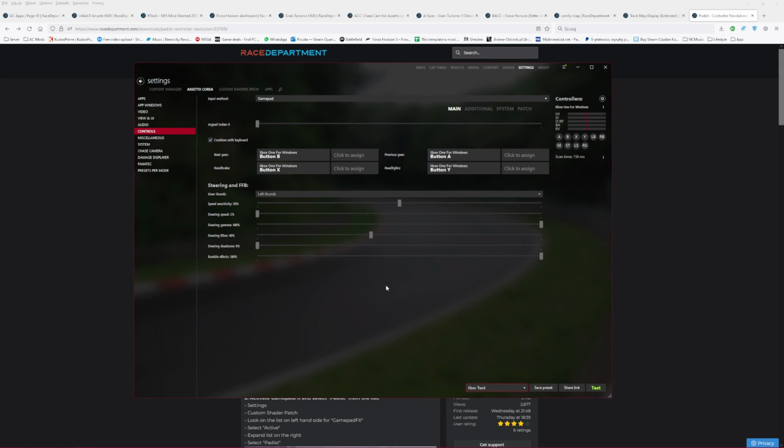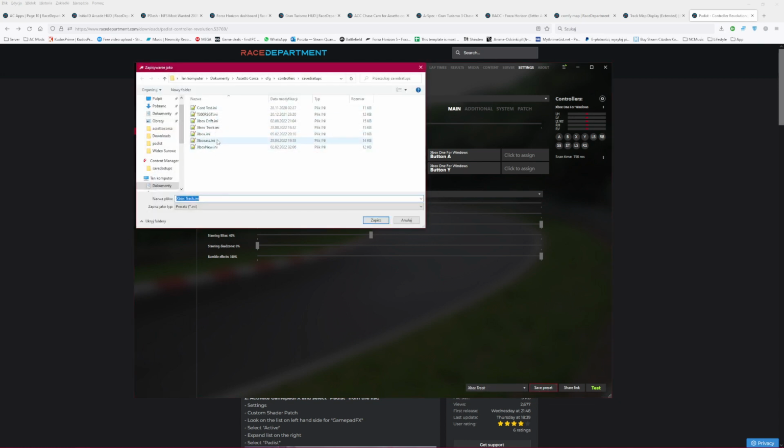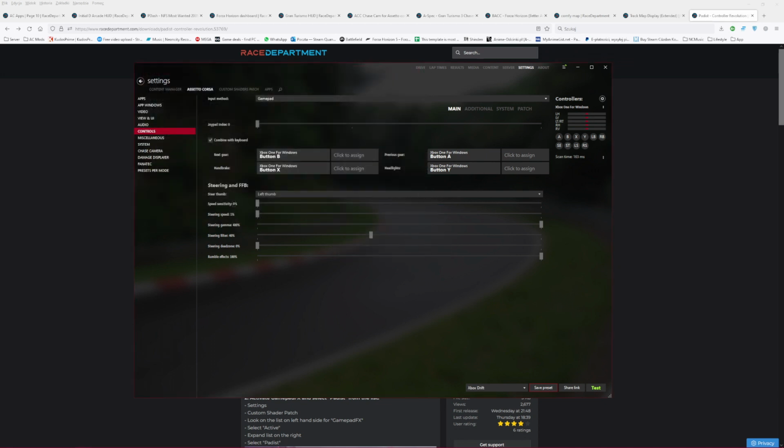And one thing, because you need to change one thing if you want to drift: speed sensitivity. When you want to just drive, race on something like this, set it at 50%, but if you want to drift, make it 0. And I recommend you to make presets, one for drift with speed sensitivity at 0,